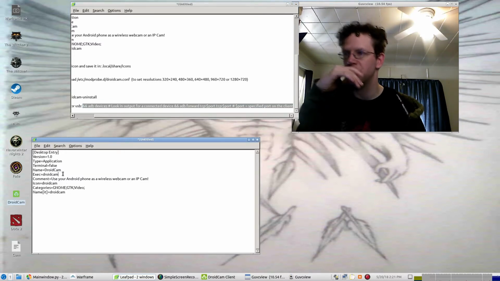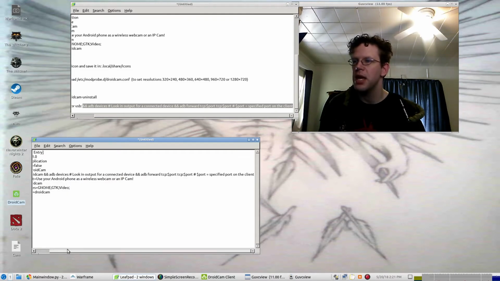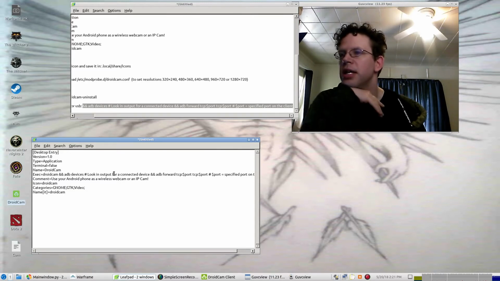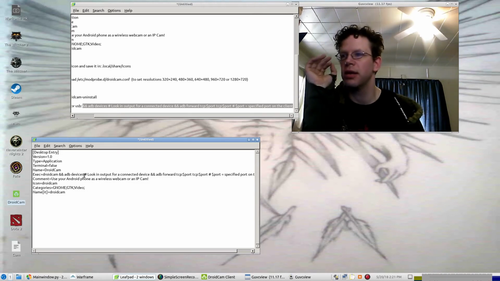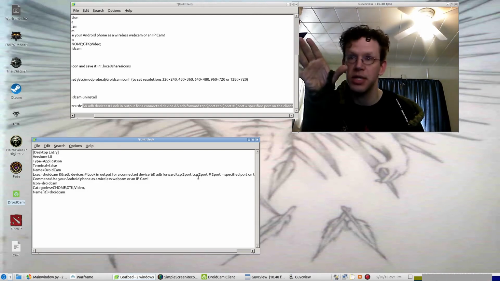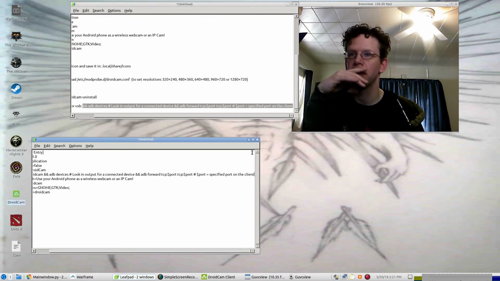Into here after droidcam. So put a space there, make sure there's a space, and then append. And what that does is say, you're going to execute the droidcam program, and ADB devices, look in output for a connected device, and ADB forward the TCP port. So basically, you're looking for connected devices through Android debugging, and you're connecting that port to your computer there. And then you're going to save this